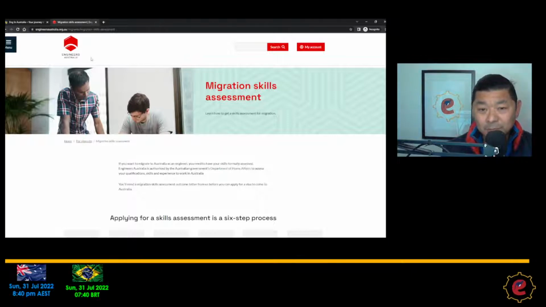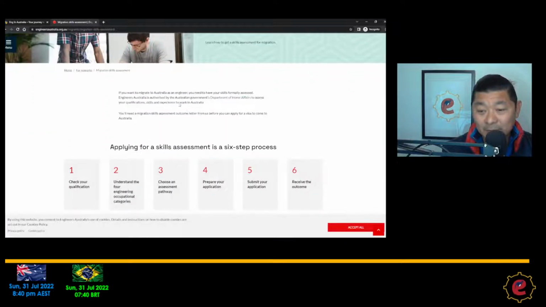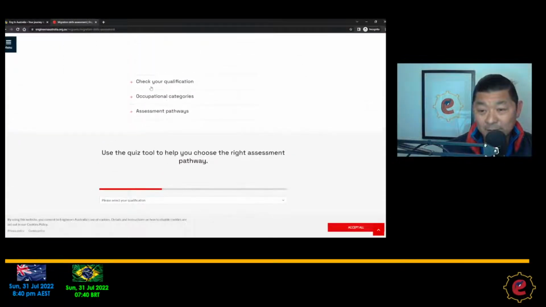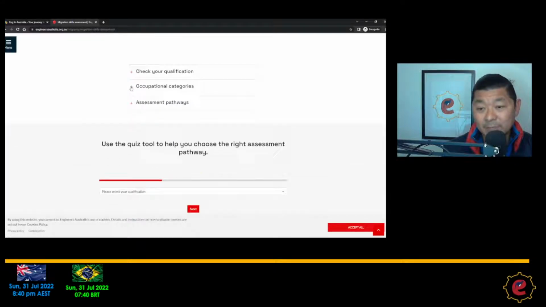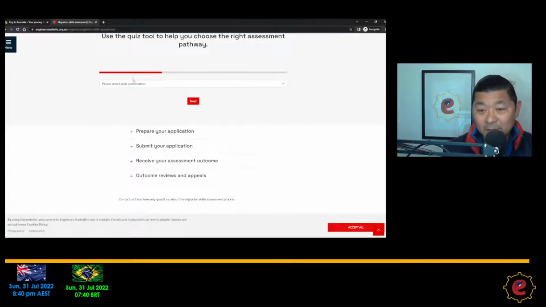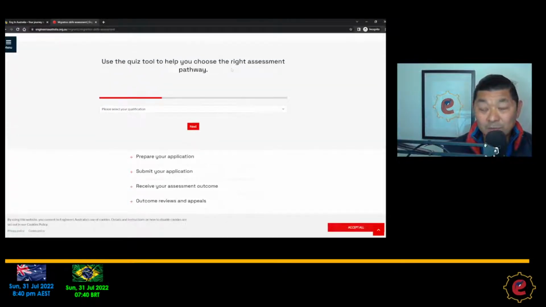So when you go there, it's already obviously because we searched the migration skills assessment. It's important, very important to read everything. But then the new booklet, there's some expandable information there that you can have a quick look. You can do your quiz to help you choose the right assessment pathway.